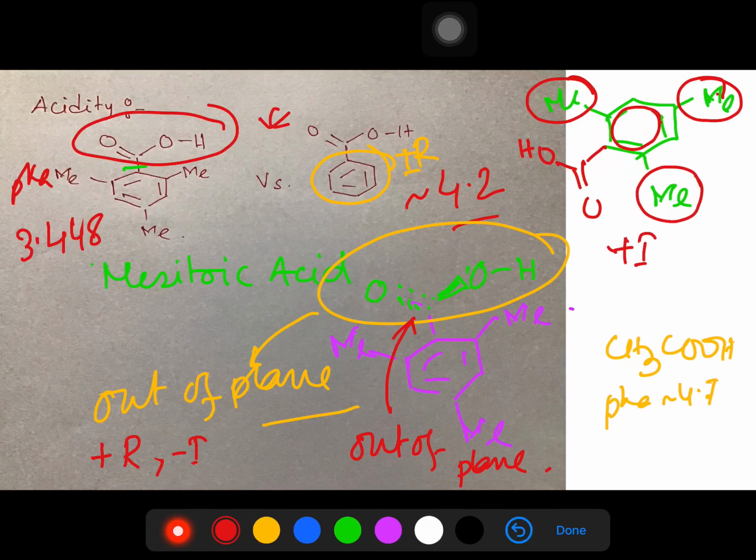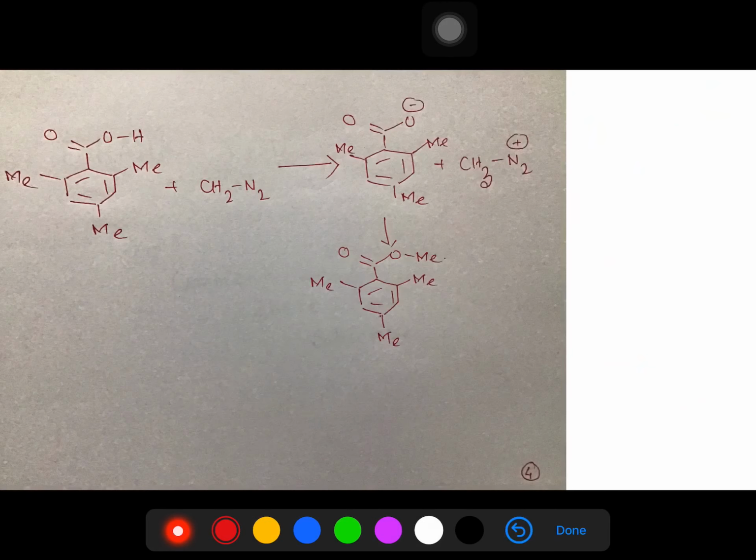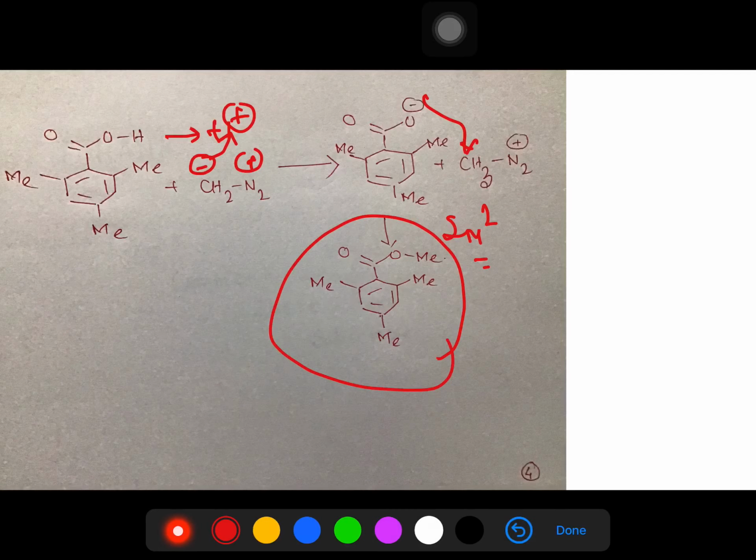Okay, we have understood the role of this carboxylic acid, and in short, in a simple sentence, it is due to the steric contribution of these two methyl groups, not this methyl group, which does not have any role in this case. So the steric repulsion of these two methyl groups makes this out of plane, that's why acidity increases. So simple thing, what is that? It will act as an acid, means it will give H plus, and that H plus, as I explained, will protonate this diazomethane derivative. Okay, so ultimately it will result in this, and via SN2 reaction it will produce the methyl ester. Okay, so this is the overall discussion of the mechanism for this reaction.